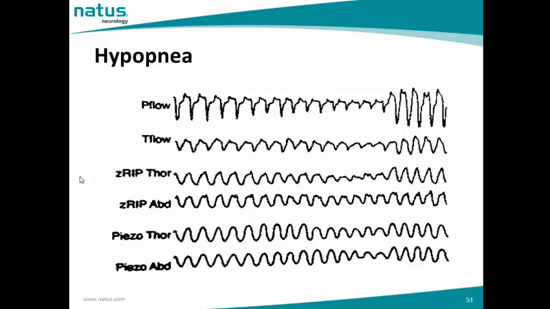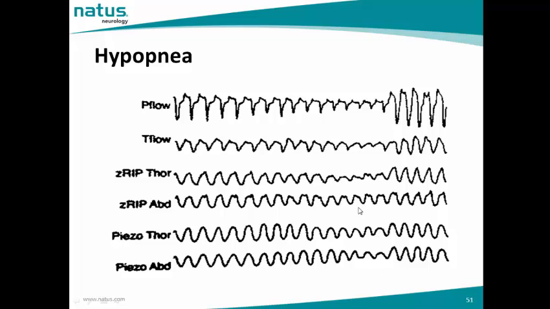In this example, there is evidence of a hypopnea with flattening and distortion in the inspiratory portions of the flow. And if we look at the thorax and abdomen from the RIP belt, we can obviously see that the effort is also affected. If you look at the piezothorax and piezoabdomen, we can see that the effort is less affected than when